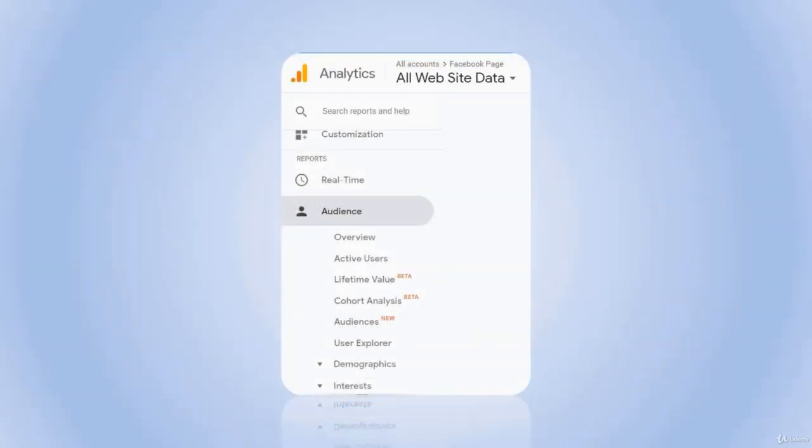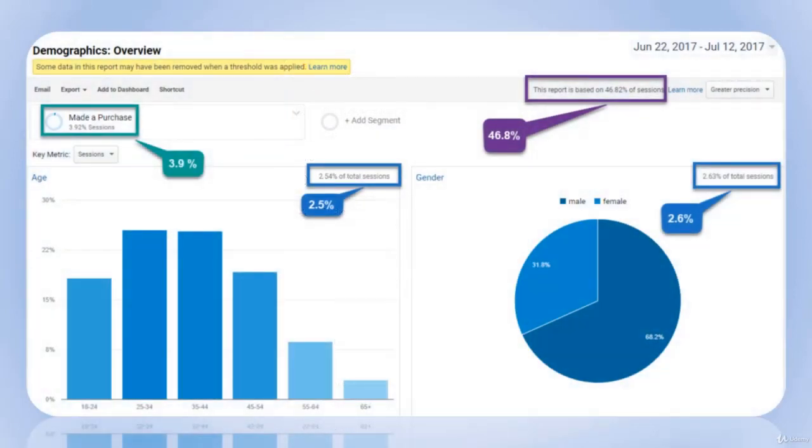After that, you'll find in the left panel under the Report section Audience. Click on it, then Demographics. Then, after that, Overview. That's what you'll get, a new window that has so many demographics on your audience. Let us break it down for you.